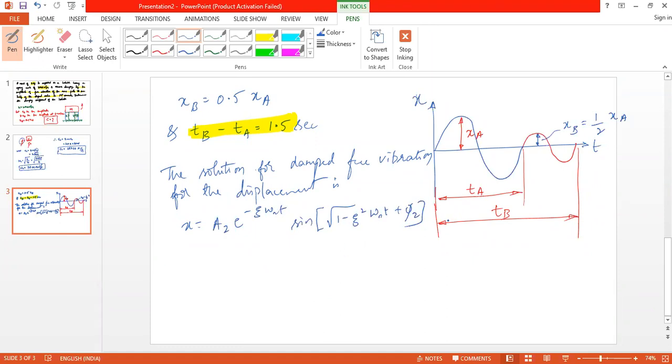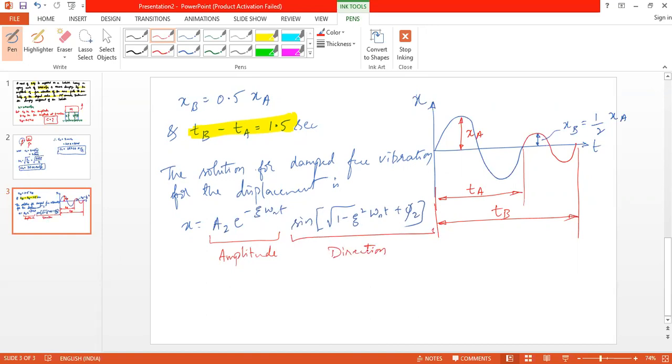This is one of the solutions out of 3 solutions. If you take this solution here, this is the amplitude